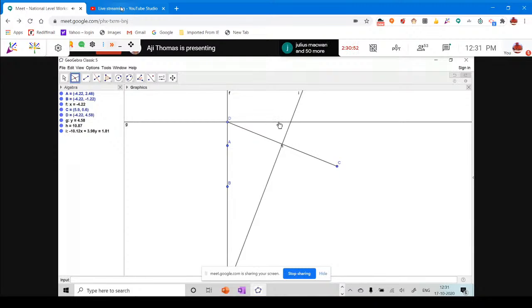Intersection option I'm going to select, and I'm going to select what I want. I want this point of intersection. So I got this point of intersection. So this E would satisfy this condition now. Which condition? If I'm going to join this point, you can see that